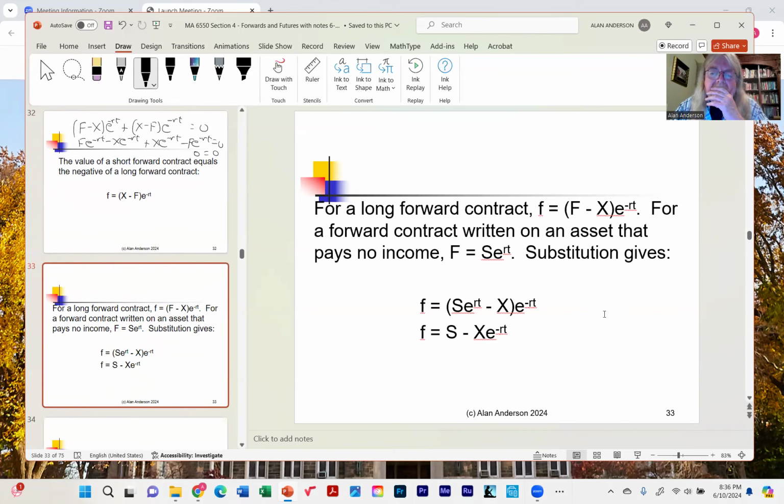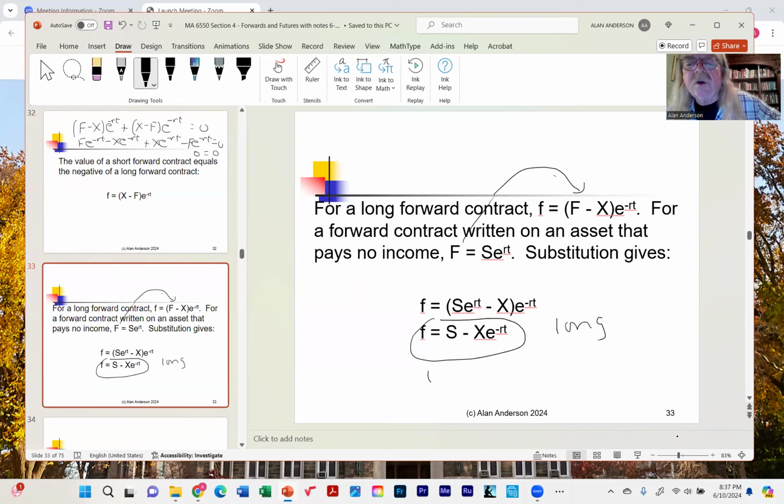So assuming, again, that you're the long and you have an asset that pays no income, you can see what we can do now. We can derive a pricing formula for this forward contract. You're replacing the F with S e to the rT, and this is your final result. And again, you'll see when we get to option pricing theory how important this is. So for the long, this is the value of the contract. For the short,